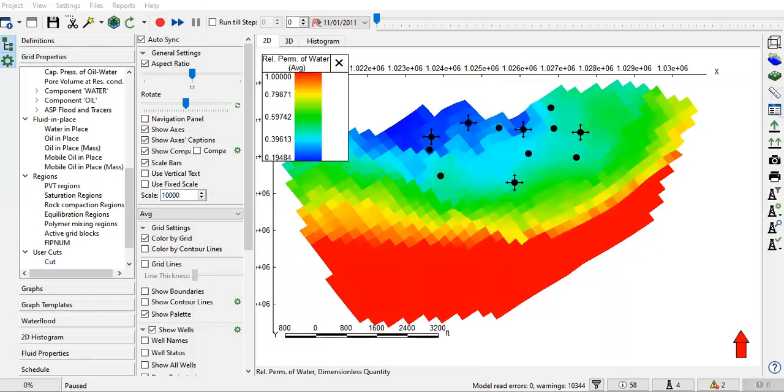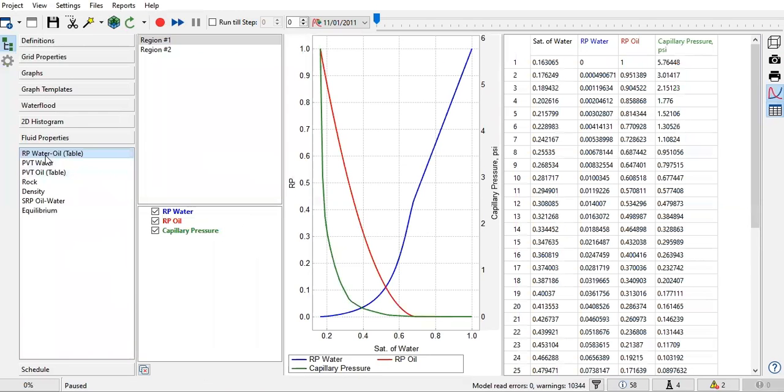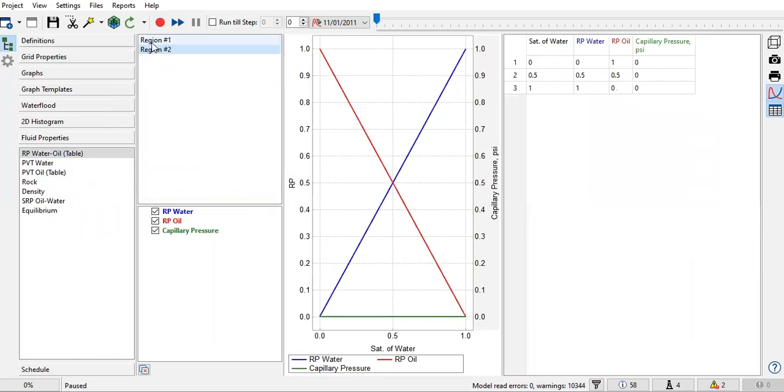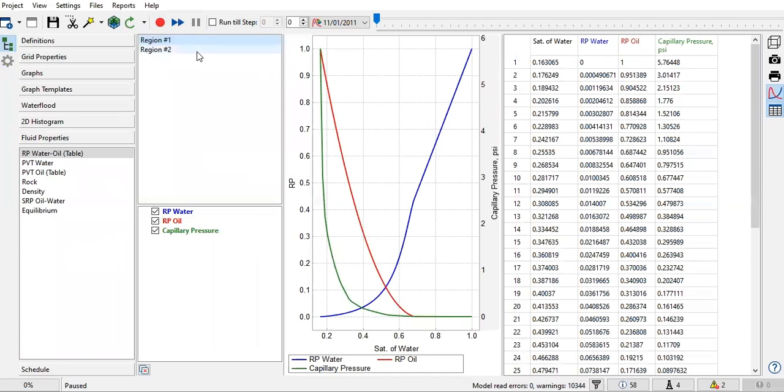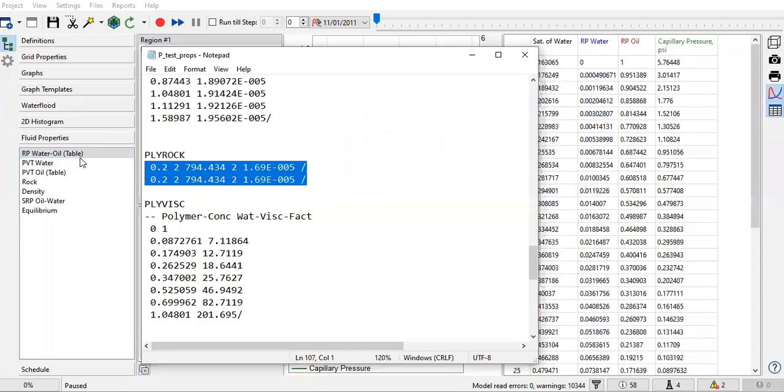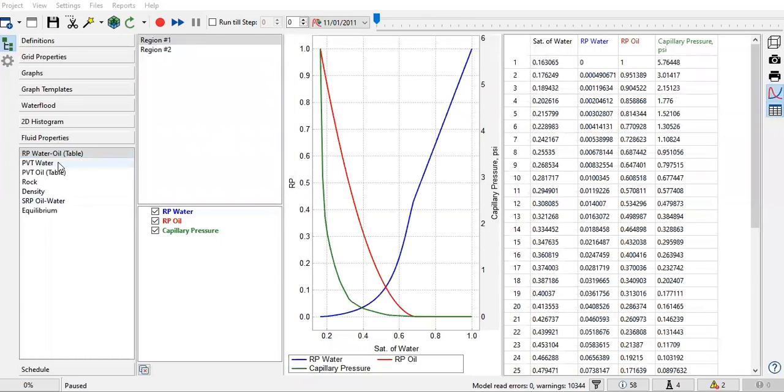And here, if we check the fluid properties, for the relative permeability, we have 2 regions, but region 2 will be only meaningful in high concentration of surfactant. But because we don't have any surfactant here, region 2 will be meaningless. And only region 1 will be applicable. And then PVT for water,